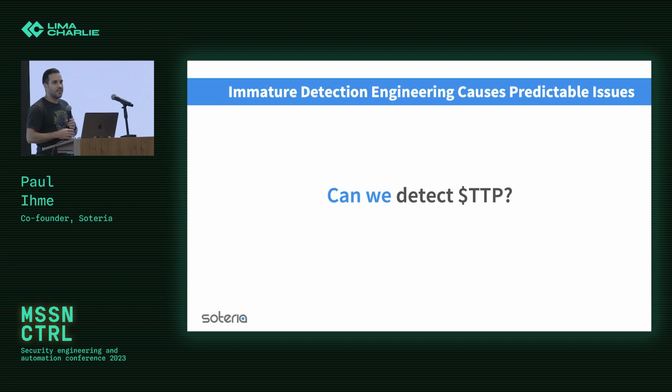So immature detection engineering practices cause a lot of problems, and I just want to enumerate some of those really quickly. First and foremost, can you look across your environment and say, can we detect this thing, right? Can we detect this technique, whether you're looking at MITRE techniques or a blog post from the DFIR Report or wherever, and you want to know, can we detect these things? Do you have the capabilities to go through and, one, just look that up, in some way, shape, or form?